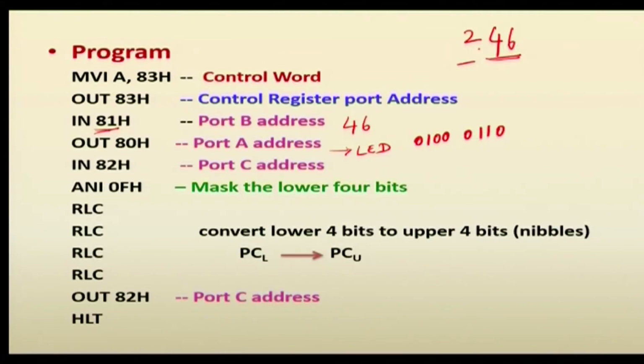Now, we have read the value 02 from port C lower, but we have to display the value in the upper port. So, I have to mask the value. 0F means the value 02 is masked with 0F. Automatically you get the value 02, because whatever the value in that, 0000 0010, now you are masking with the 0F value.